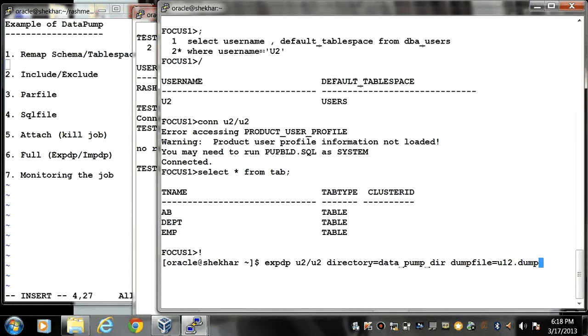I am not going to write any table clause, so by default the whole schema will be exported.